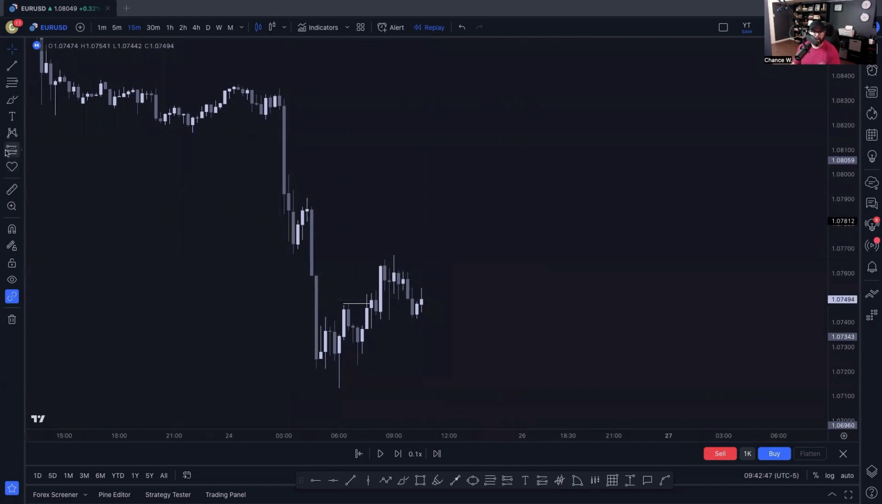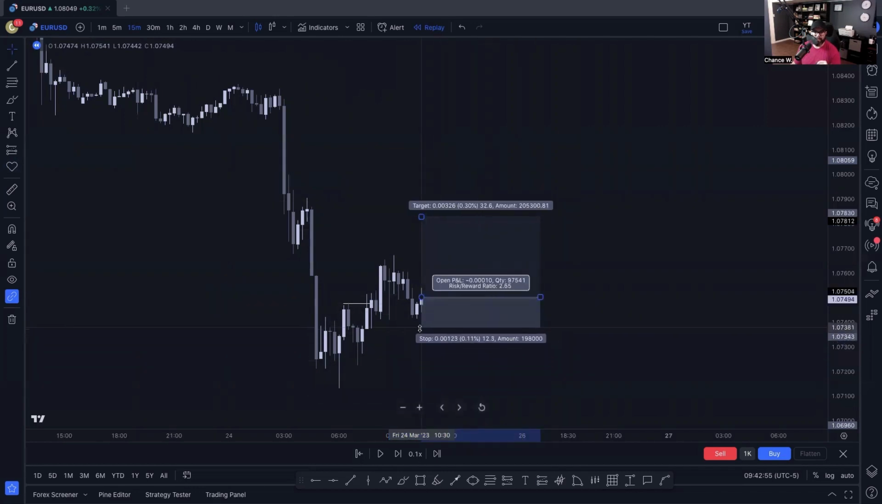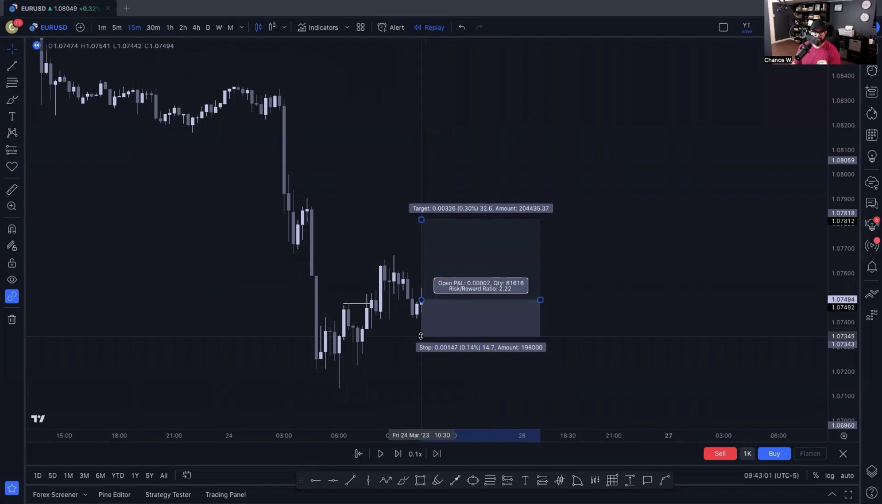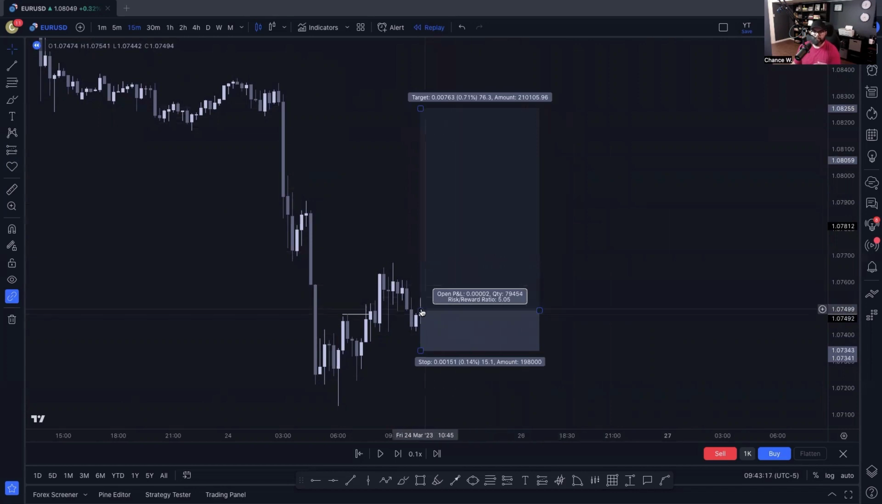I'll explain why I would get in in a future video, but I like what I'm seeing here, so I'm going to get in, and my stop loss size is going to be, let's just make it an even 15 pips. It's 15.1, but for the sake of the video, we'll call it 15. And I'm going to aim for a 1 to 5 take profit. So what this means is I'm going to risk 1%. If price were to come down here and hit my stop loss, which would be like 1.07343,